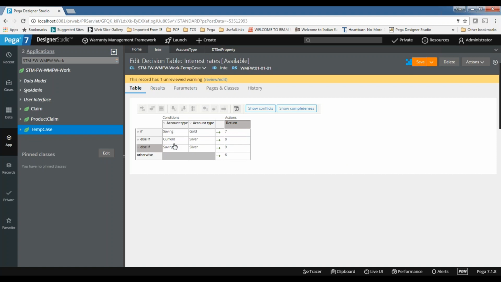And now if you want to set some properties based on these conditions, you can also set the properties by using, you can see this symbol, you can click on this, it will be useful to set the property. I want to set the properties based on the DT set, let's say.